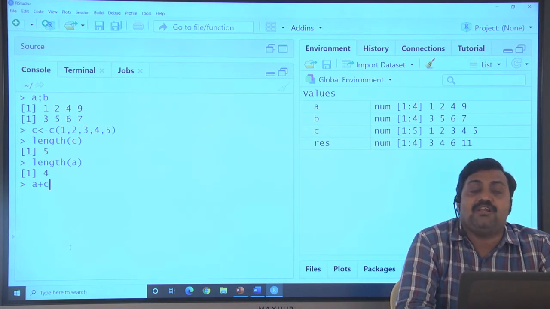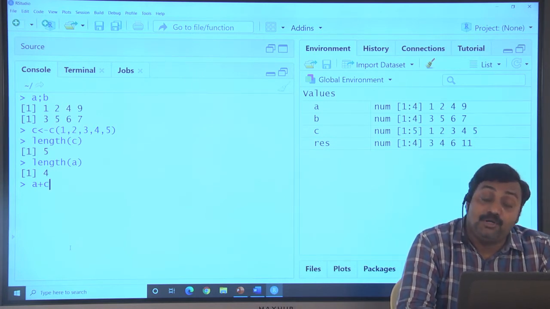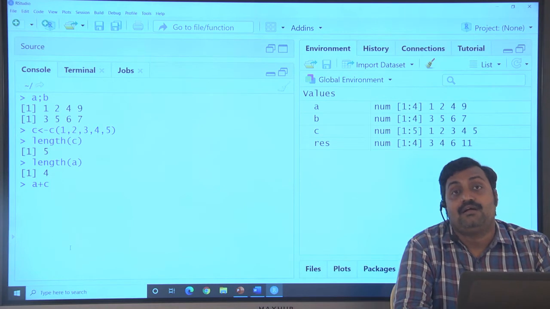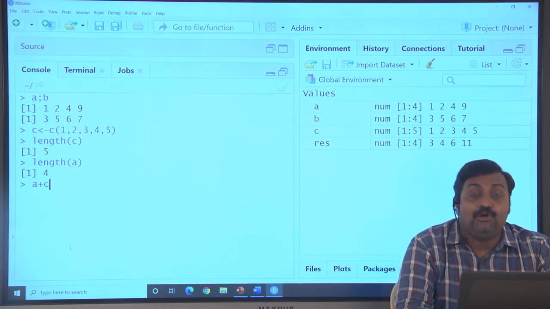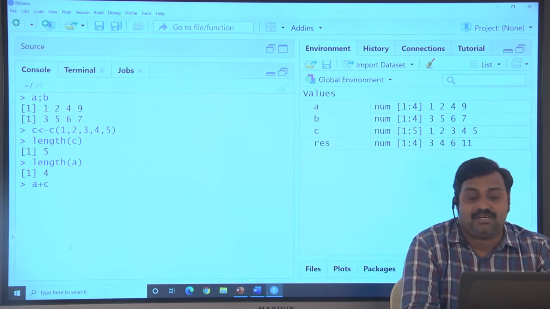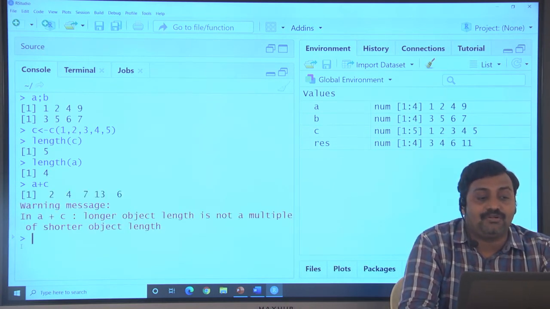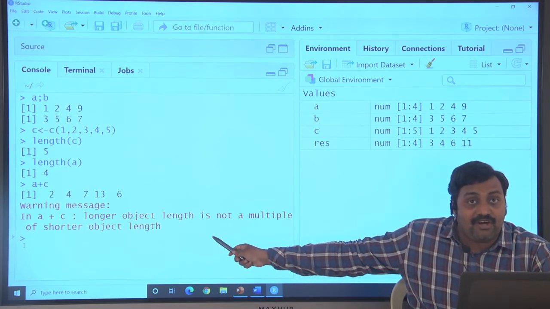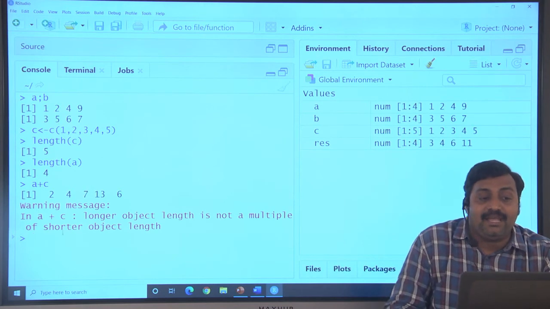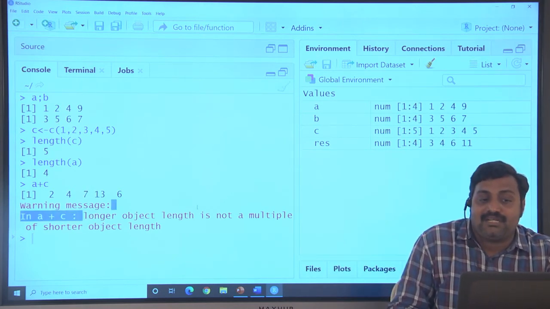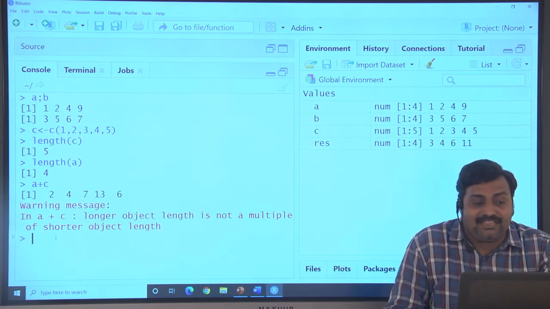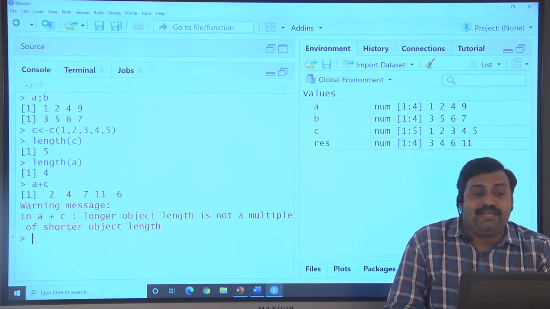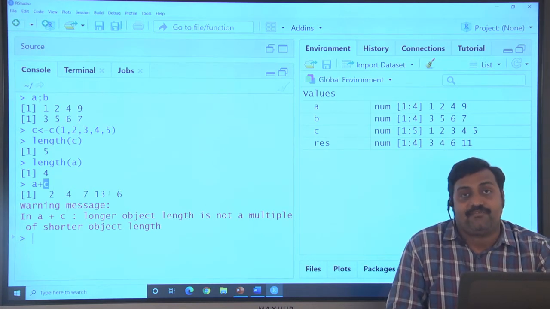Is it able to perform the arithmetic operation even when we have vectors of unequal length? Let's see the output. We will get a warning, not an error. It says that in A plus C, longer object length is not a multiple of shorter object length. The length of A is 4, the length of C is 5.